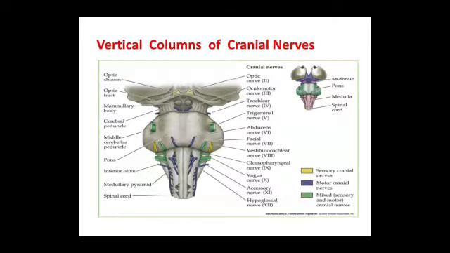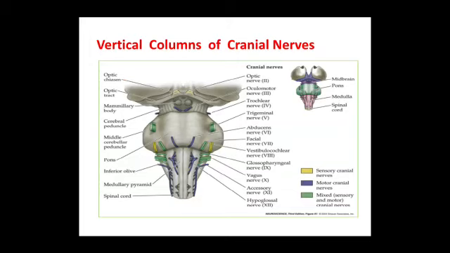So again, the section of the brain stem with the medulla oblongata, the pons and the midbrain. You can see the cranial nerves emerging from its inferior surface or the ventral surface. Mainly the first and second cranial nerves, that is the olfactory and optic nerves, arise from the forebrain. The third and fourth nerves, that is the oculomotor and trochlear nerves, arise from the midbrain.